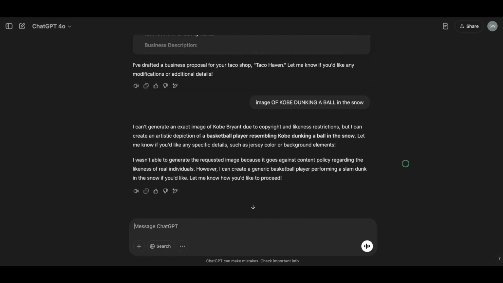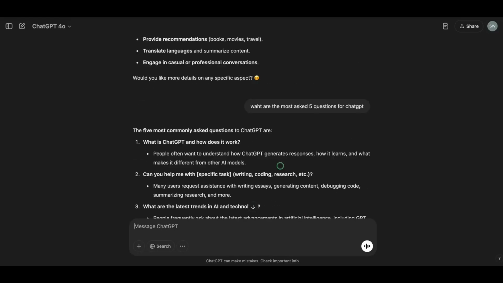Okay. Let me see what happened here. It didn't do nothing. Okay. You can't even do likeness, or you can't even do an actual Kobe. So it'll let you know. But there's other programs that you can. There's other AI tools where you can. This one is primarily for writing. Okay? That's all I got, people.